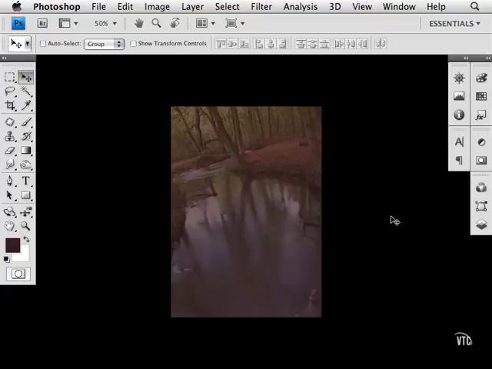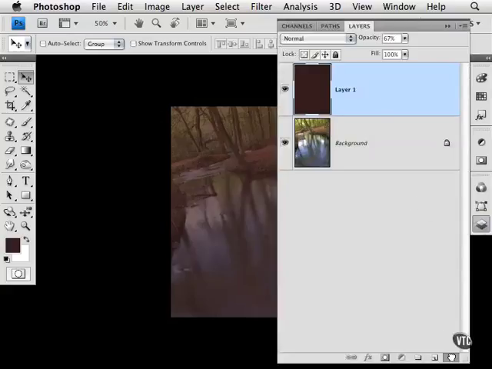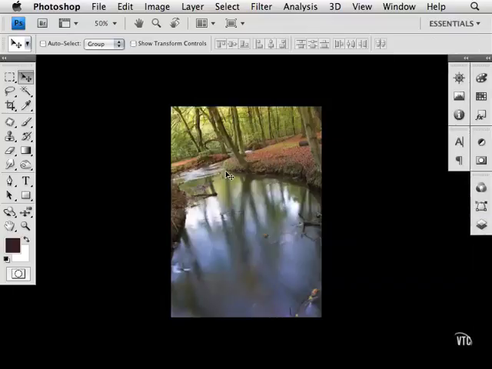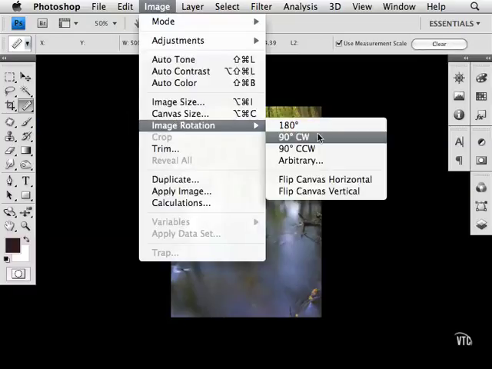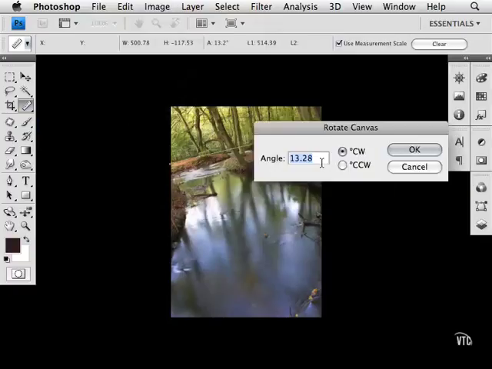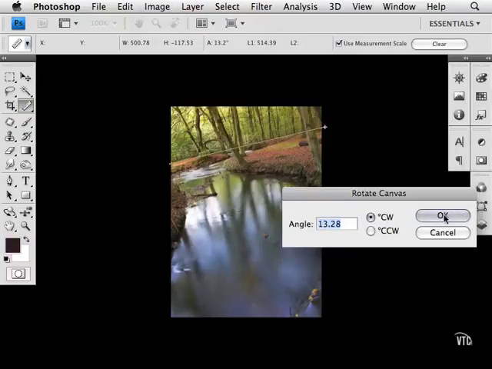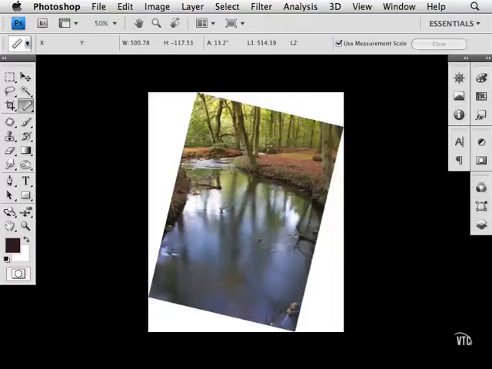Or what you could do is fix something the same way. So what I'm going to do is actually delete that layer and go backwards. So let's say I want to fix this image so that the horizon is the right angle. I'll go ahead to the ruler tool again, and this time I'll trace the horizon like so, and I can go to image rotation, arbitrary, and I believe I need to go clockwise this time. So I want it to go that way. So I'll hit OK. The image is now the way it was before, and I could crop it,